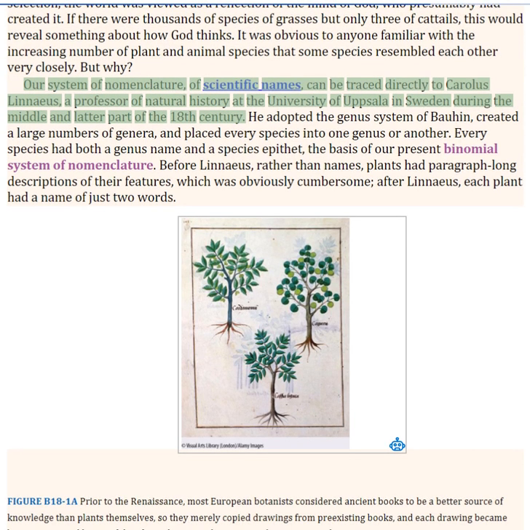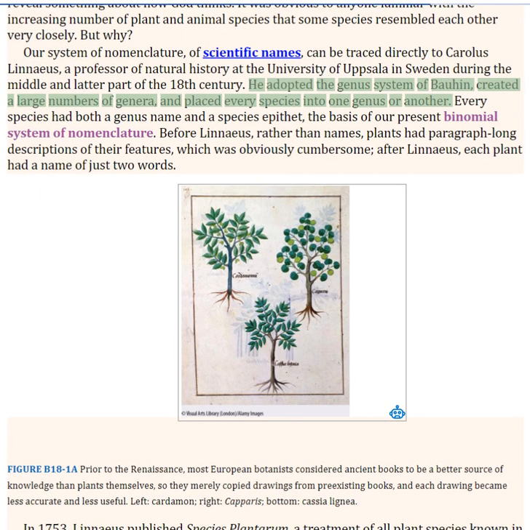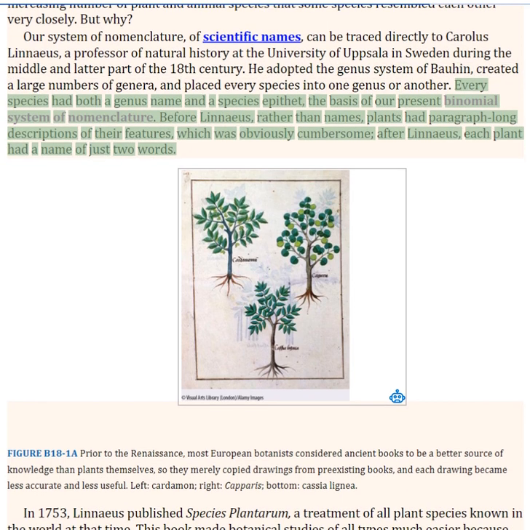Our system of nomenclature, of scientific names, can be traced directly to Carolus Linnaeus, a professor of natural history at the University of Uppsala in Sweden during the middle and latter part of the 18th century. He adopted the genus system of Bauhin, created a large number of genera, and placed every species into one genus or another. Every species had both a genus name and a species epithet, the basis of our present binomial system